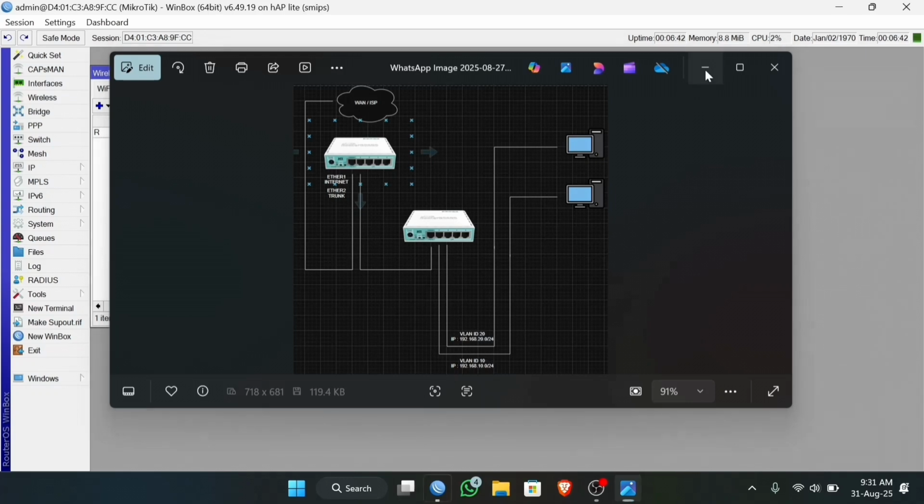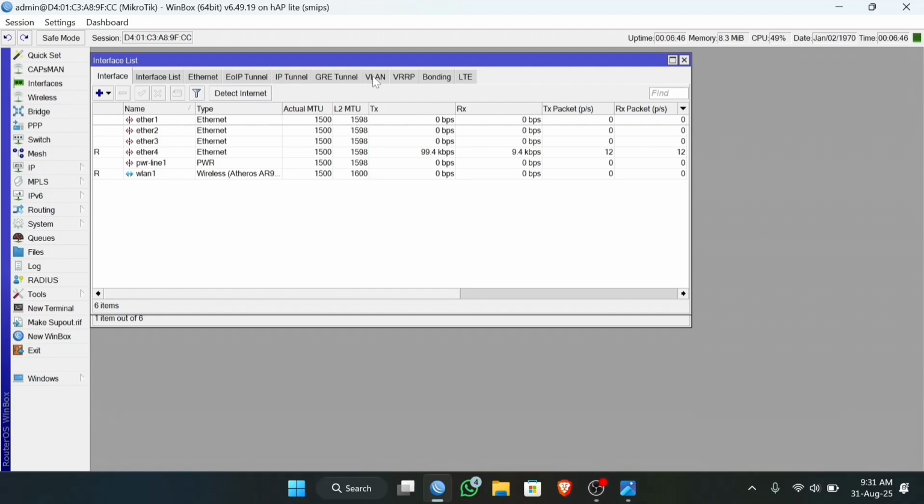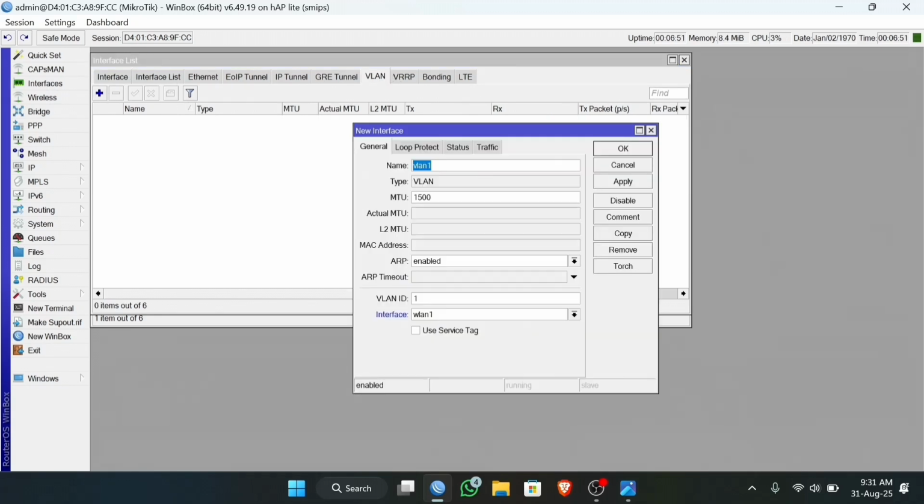So let's get started. Go to interface, then go to the VLAN table here, and click add. The name is up to you, guys. Here I name it VLAN 10, and the ID, type your VLAN number. Here 10.